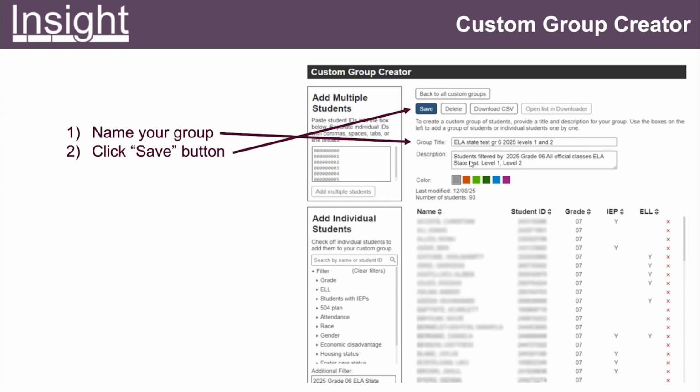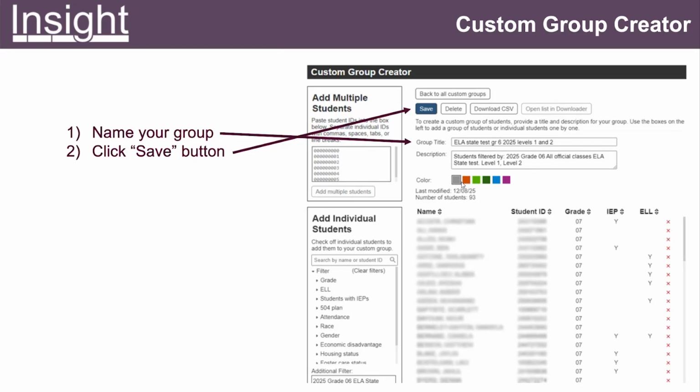In case I have too many groups, I put in a description to add more details. It's filtered by all the official classes, not a particular class. And then the 2 levels. It gives you a quick rundown of who those students are, the grade level, IEP status, and ELL status. You can give your group a color coding.